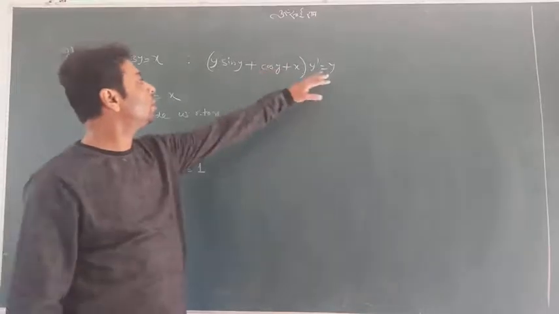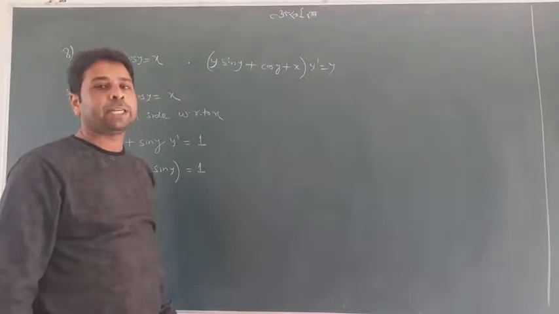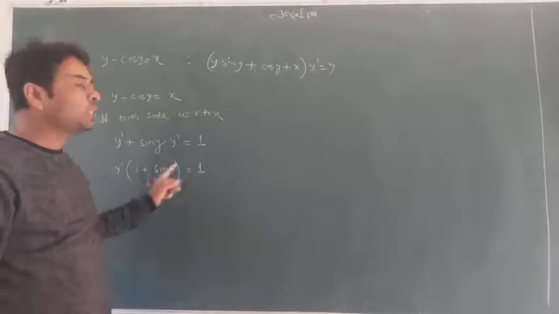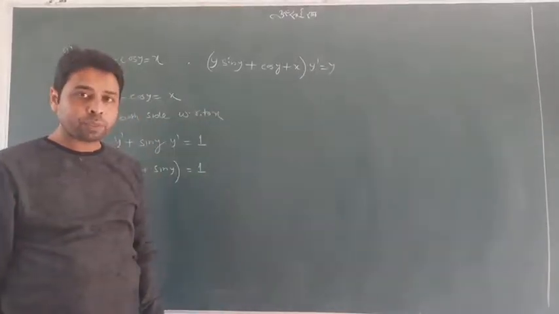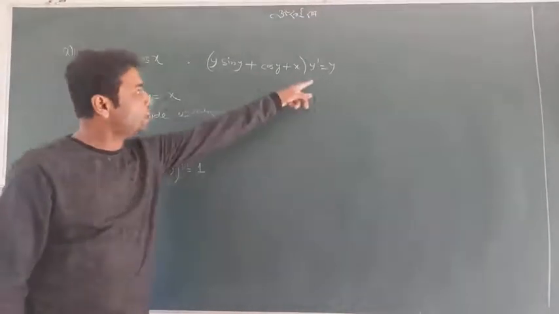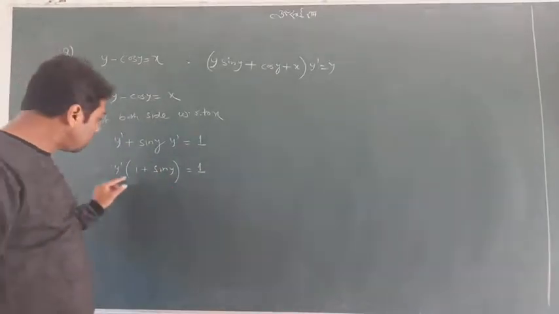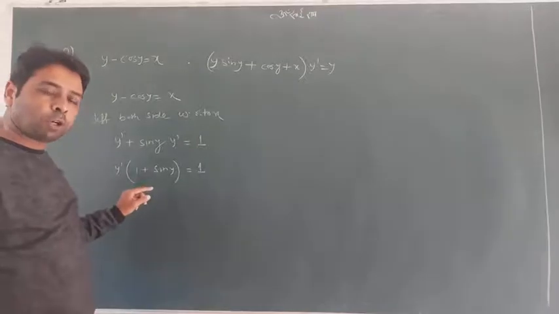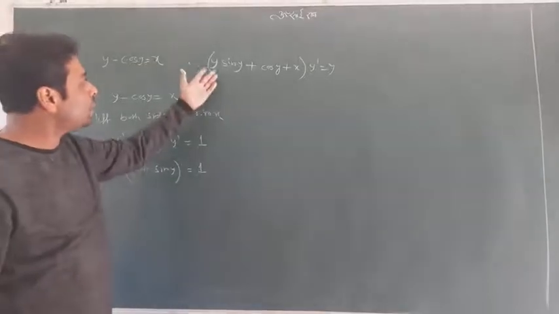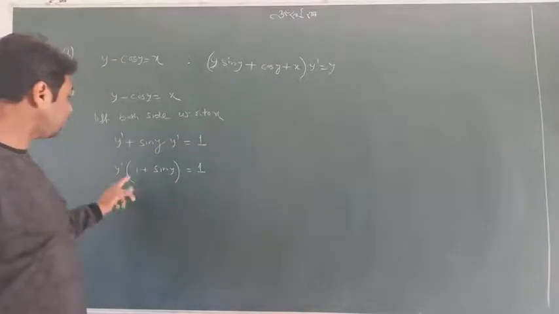I need a large expression here. It's looking tough, how we can go with this. I tell you one thing, keep it in mind: you have to do a single differentiation, because the requirement was a single differentiation. Just by doing the single differentiation, you have to see whether you are getting the whole term or not. I am not expecting to get the same step here, because it has y, sin y, cos y, and x, all these terms along with y', and we have y' with 1 + sin y.